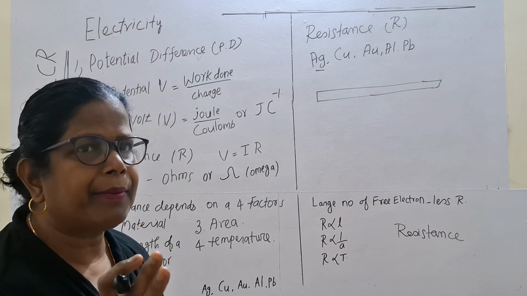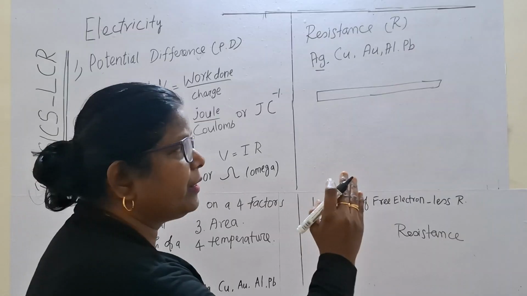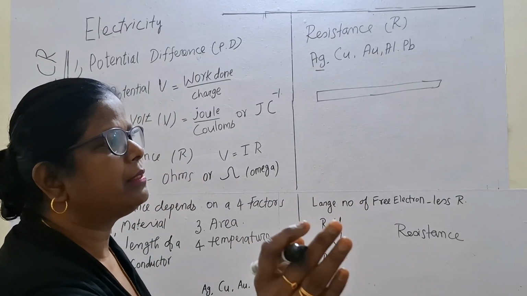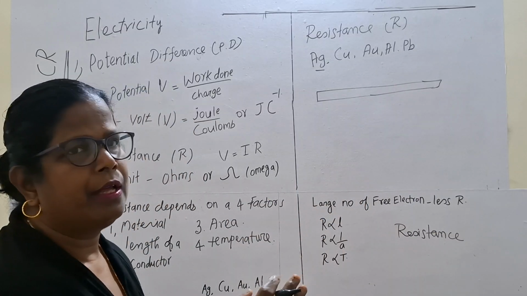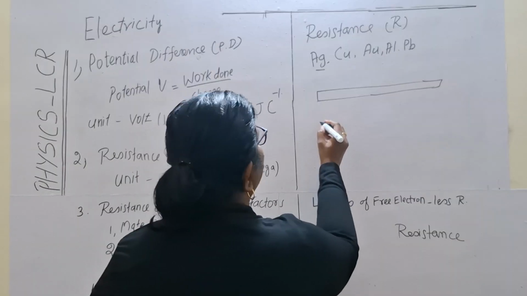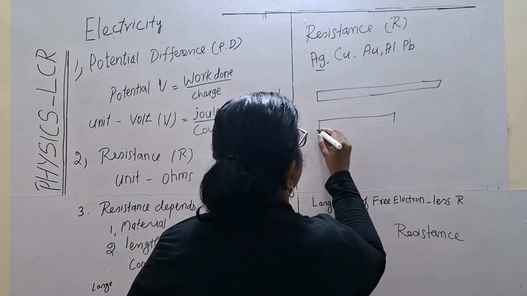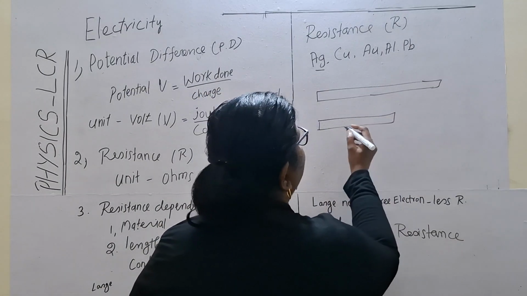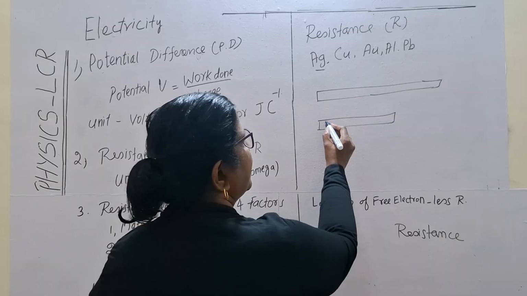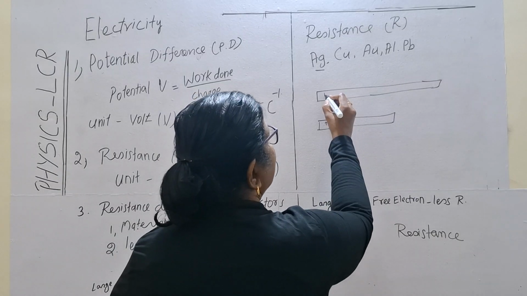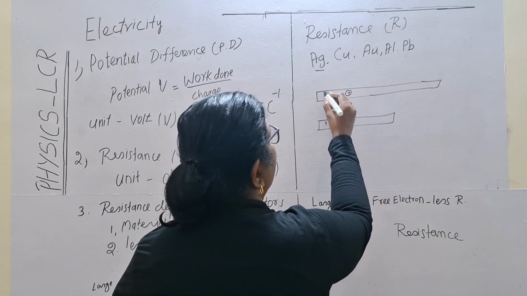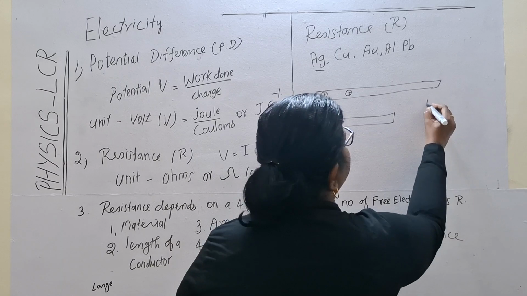Why is it happening? The electron is going to hit the proton, which is negative charge. Suppose it is a small length. What happens here? Collisions will be less here. Here collisions will be more. So that's why resistance